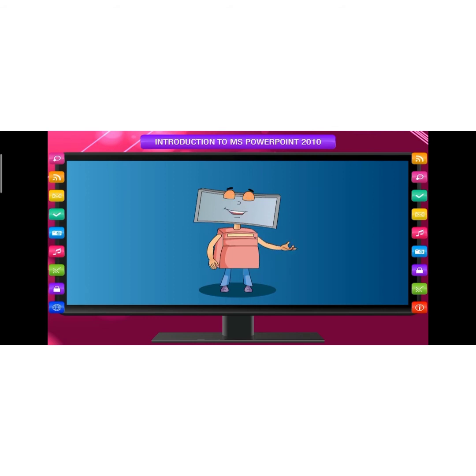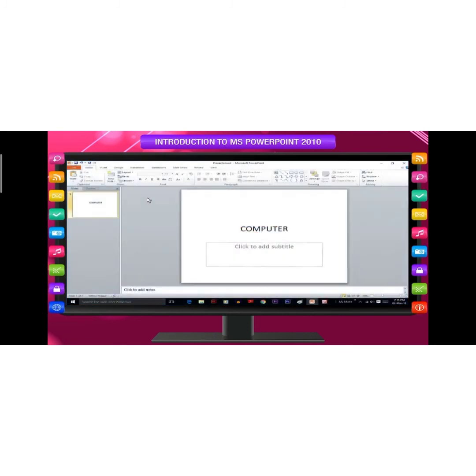Copy a slide. If you want to create two slides that are similar in content and layout, you can save work by creating one slide and then making a copy of that slide. Right click the slide that you want to copy and then click Copy on the shortcut menu. Still on the Slides tab, right click where you want to add the new copy of the slide, then click Paste on the shortcut menu. You can also insert a copy of a slide from one presentation into another presentation.